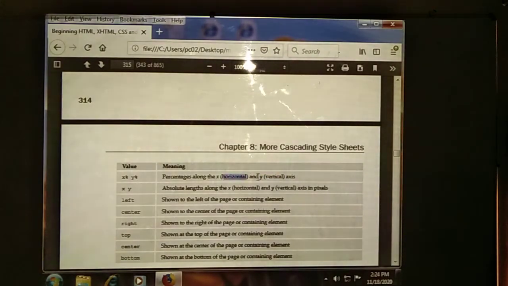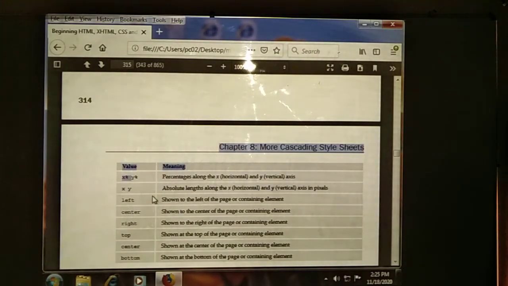If you use 20% horizontally and 20% vertically, in total it should occupy 40% of the whole document. The remaining 60% will be empty. Then X and Y absolute lengths along the horizontal and vertical axes can also be set in pixel format, means number format, instead of percentages.